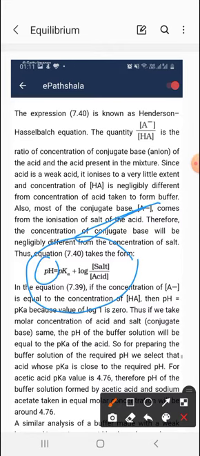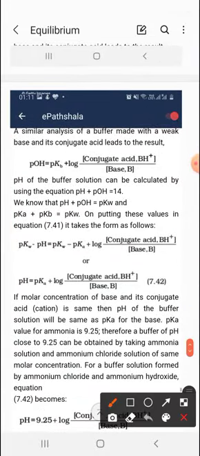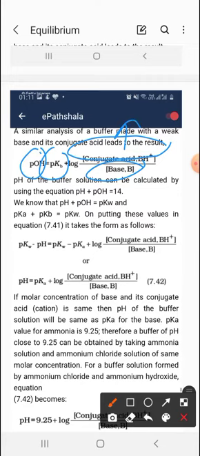The formula is pH is equal to pKa plus log salt by acid. Similarly, if you have to calculate the pH for the basic buffer solution, you can write pOH is equal to pKb plus log concentration of salt by concentration of base. Fine, this will be the formula only. So you can see here pOH, which is equal to pKb plus log of the concentration of the conjugate acid BH positive and the base B. This conjugate acid is basically the salt of the weak base.